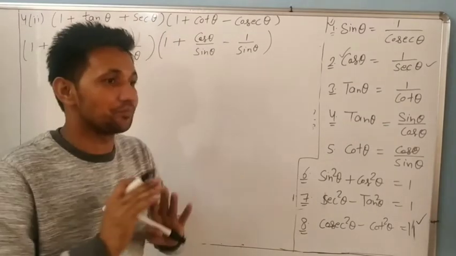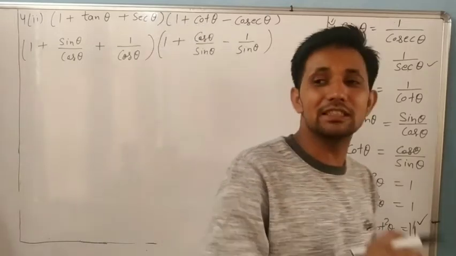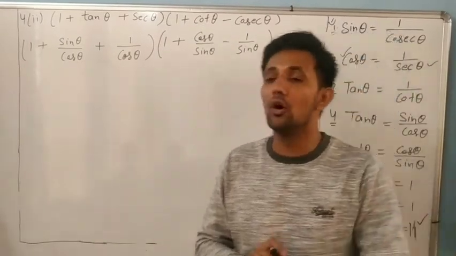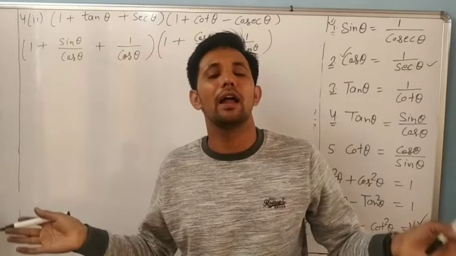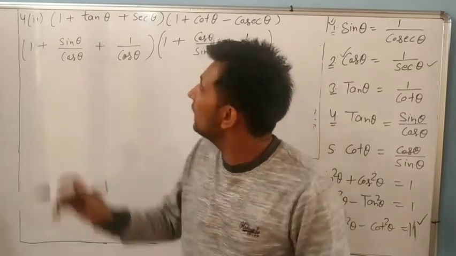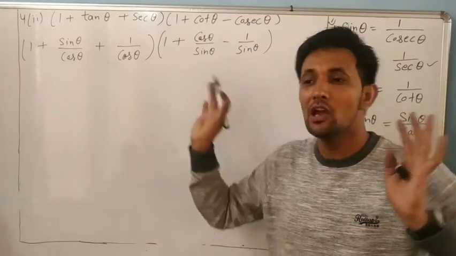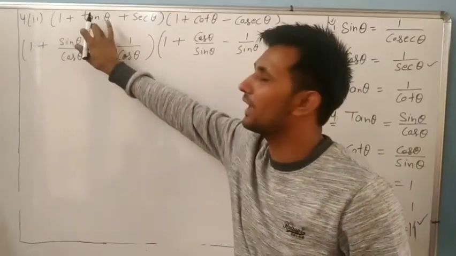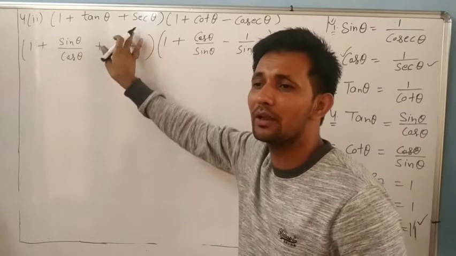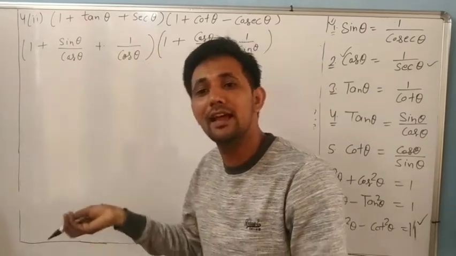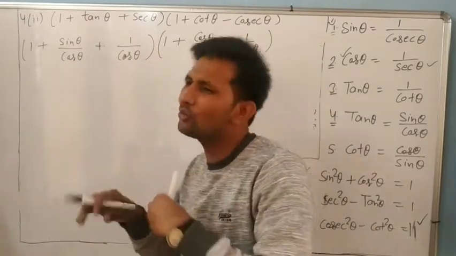It is a very interesting chapter also dear. If you don't know the answer of the question and can't find the answer, and you only write 1 or 2 steps, you will get marks. We only change forms. What is tan? Tan you can write as sin by cos also. Sec is 1 by cos. Only 2 steps you write, then also you will get marks. Okay, but you have to write something.